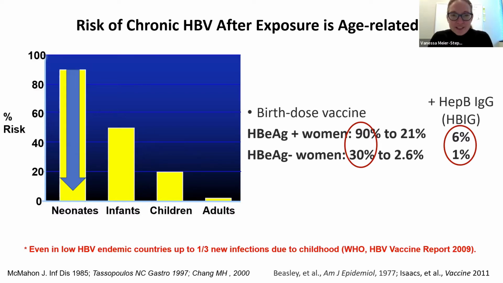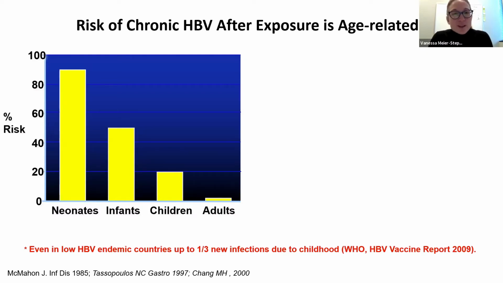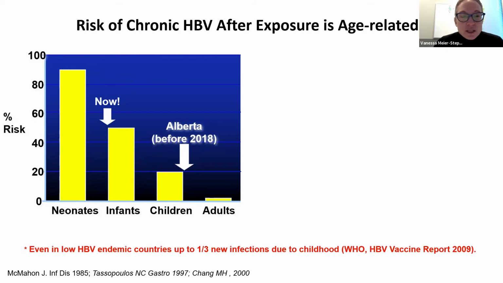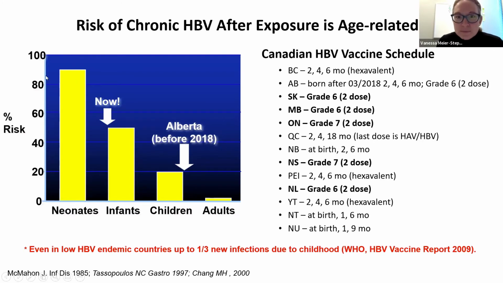So how are we doing here in Canada? How are we doing in Alberta first? In Alberta, we actually didn't vaccinate children until they were in grade 6, or at least before 2018. So that's getting into the junior high cohorts. In March of 2018, we changed our vaccine program in children to begin at the 2-month mark. So when moms are coming in for their first postnatal visit, it's at 2, 4, and 6 months. So we're getting better, but we're still not getting the newborns.